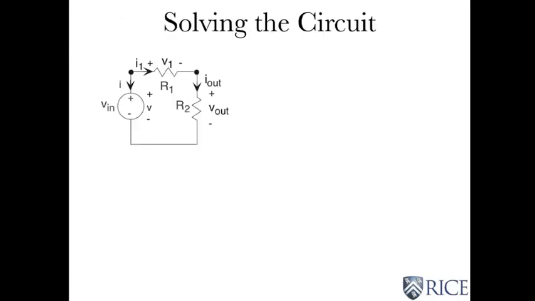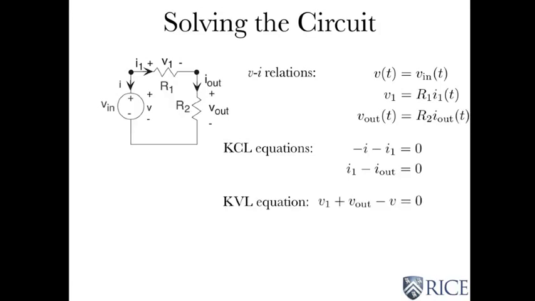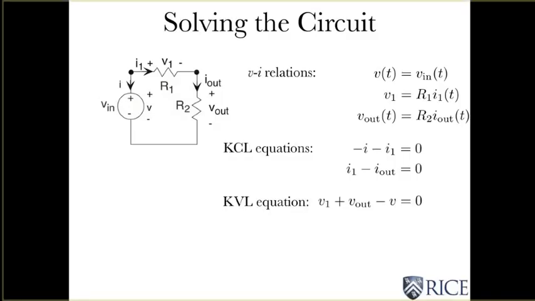All right, so let's solve that circuit. So we have 3 VI relations, we have 2 KCL equations, and we have 1 KVL equation. Aren't we happy? All we're interested in is finding what the output voltage is for the given source voltage. And we have 6 equations and 6 unknowns to plow through. So we want to eliminate everything. We will eliminate all the currents. We want to eliminate V1, and we want just a relationship between the